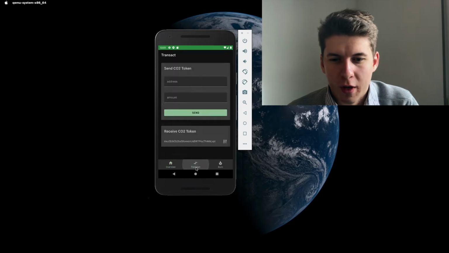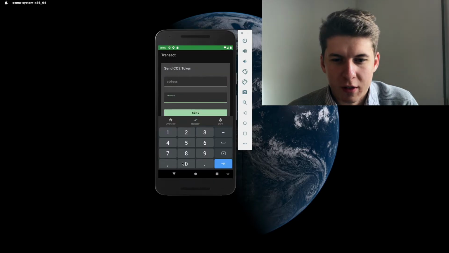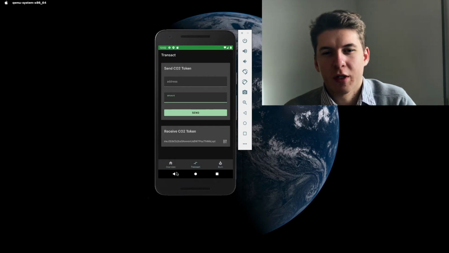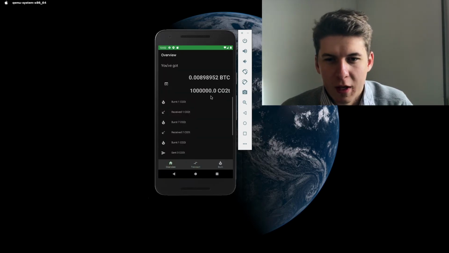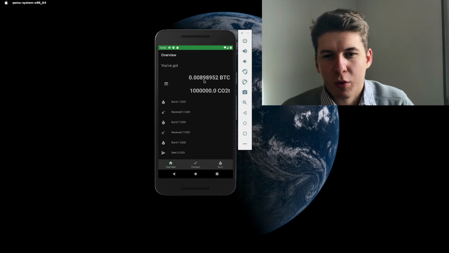The forest owner has exactly this address, LXYT. He can also display a QR code to receive funds. And he can also send CO2 tokens to other participants in the market. Here in the overview we can see our current funds. The forest owner currently has 8.98 and so on milli Bitcoin in his wallet and about 1 million carbon dioxide